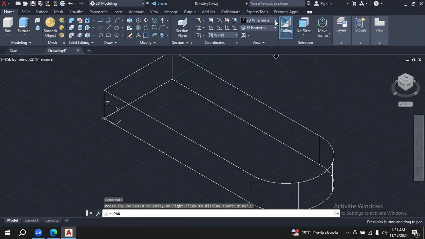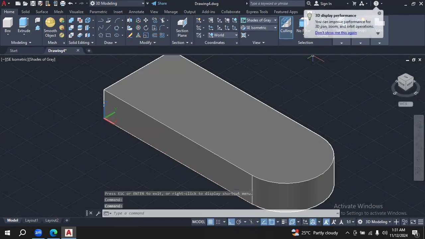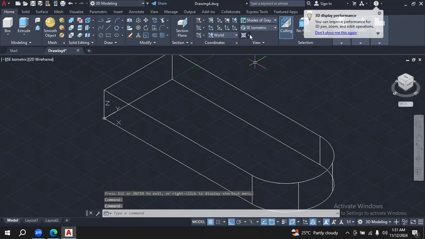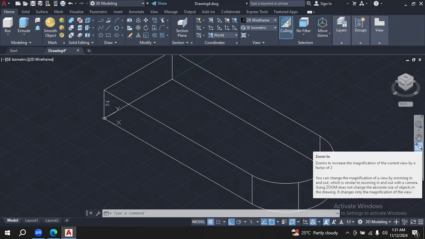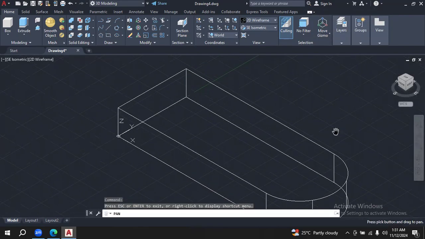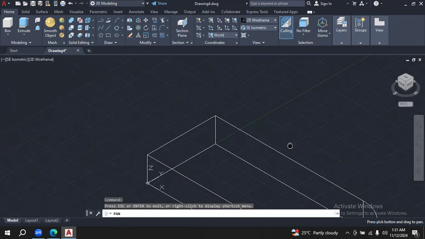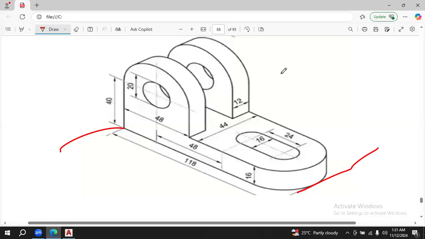Perfect. Now, if you wanted to see in solid view, you can see it's one solid part. Back in 2D wireframe because it is easy to model most of the time in 2D wireframe. We can also work somehow at some places in solid shade as well. But for now, for this end of the model,